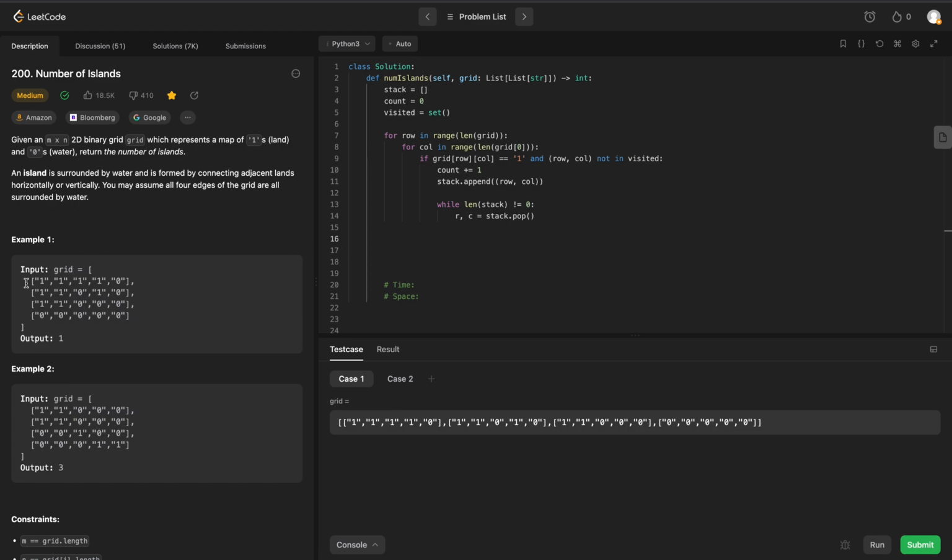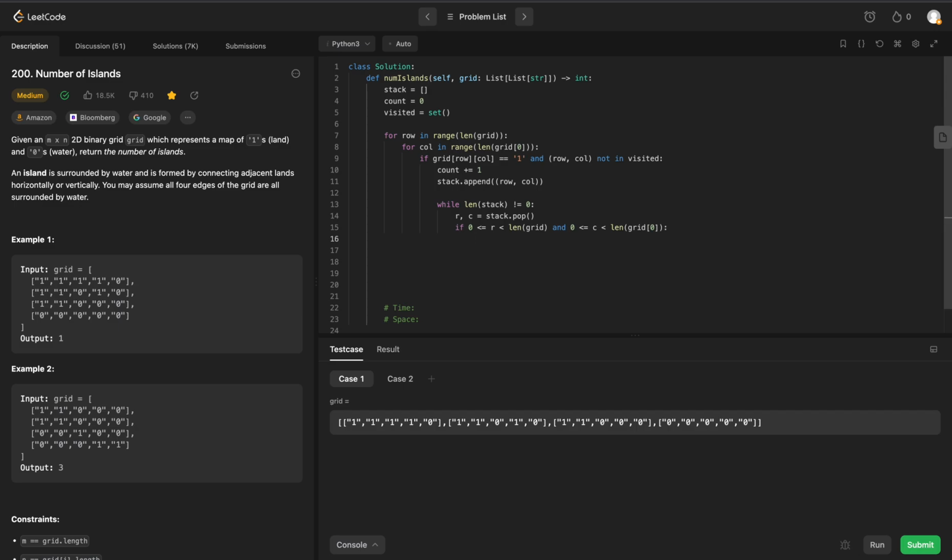So we can't have -1 for our row or -1 for our column, right? That's outside of our grid. So we need to check and make sure that our row column pairs are within our grid, valid ranges. So we'll say if row is greater than or equal to 0 and less than the length of our grid, and right, we have to check the column. So we'll do the same exact thing for the column. If that is greater than or equal to 0 and less than the length of grid 0, what are we